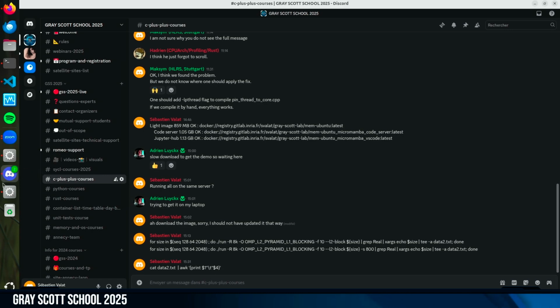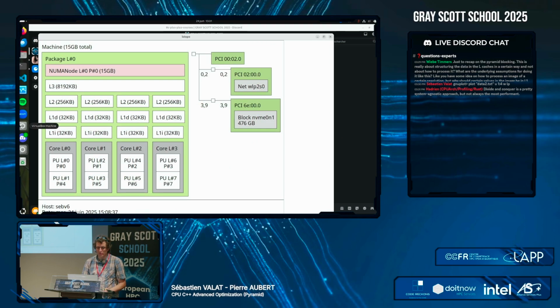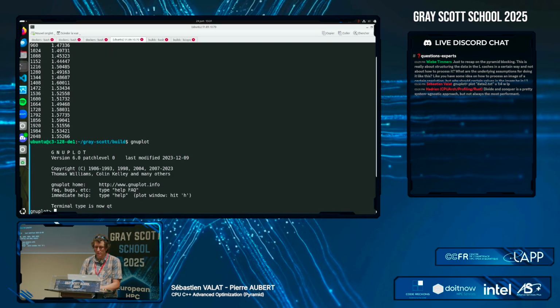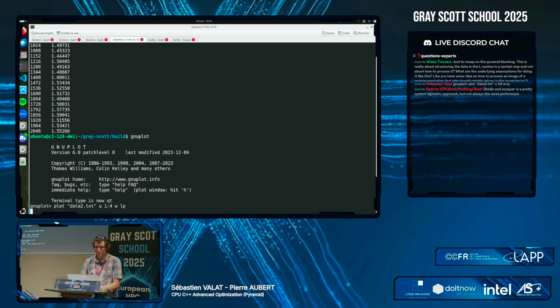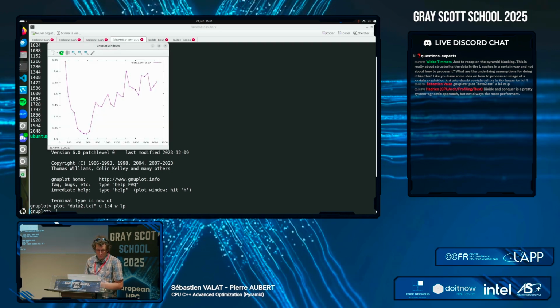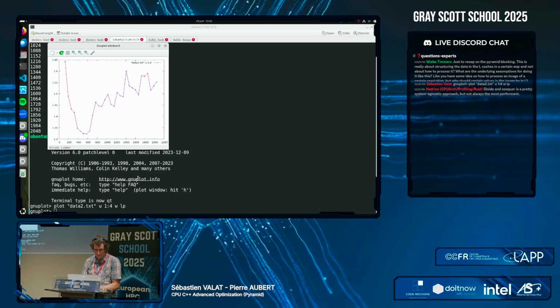So what you should get is a graph like the one we have seen. But we see the effect, huh? And the effect is quite a factor, a nice factor.